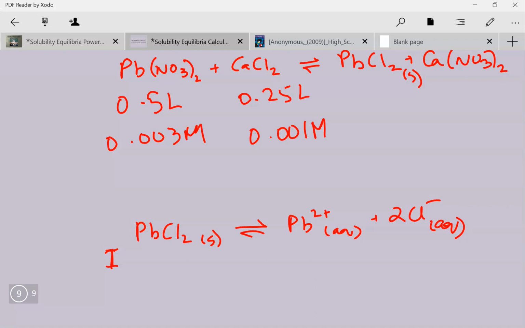So I can calculate my initial concentrations from these salts, I can calculate my QSP, and I look: is my QSP too small? Is it too big? How is that going to affect my equilibrium? So I have to calculate these initial concentrations. So how do I do that? How much lead ions are present in solution? So to calculate the lead